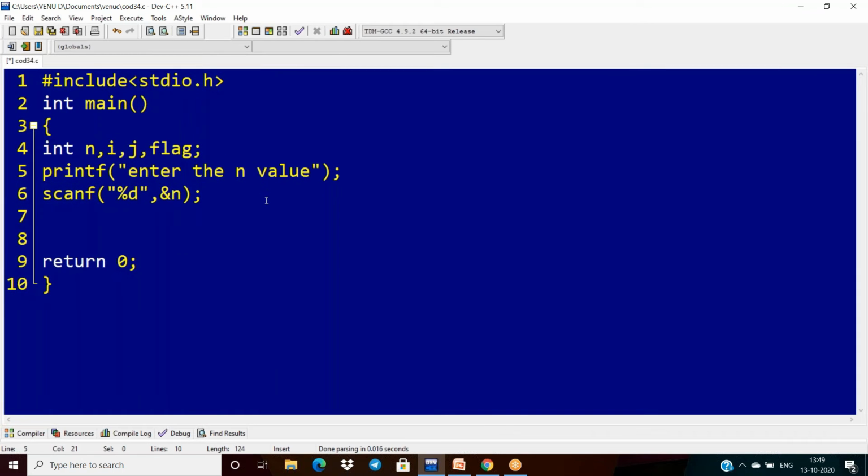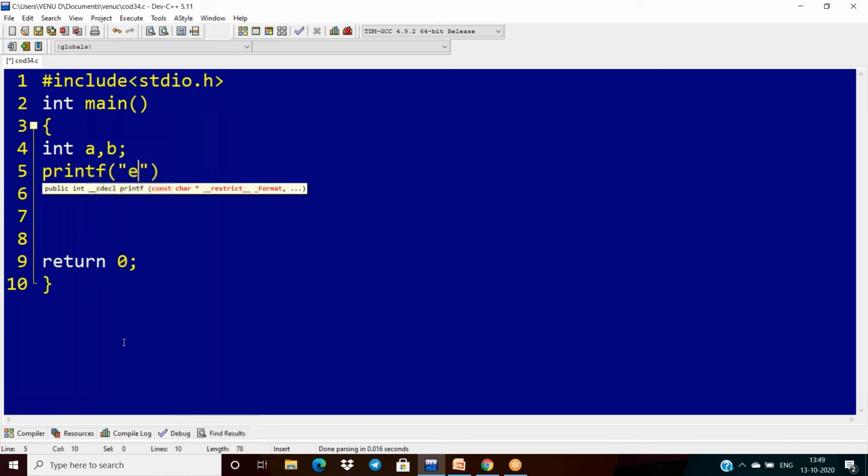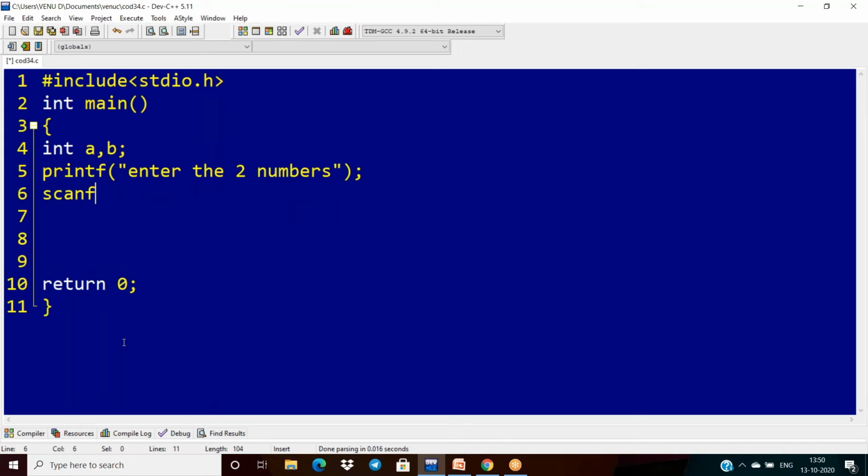Generally for the LCM and HCF of two numbers, how many inputs do I require here? Two inputs. So I have to read the two inputs. I am taking A and B. So first of all, read the two numbers. Printf, enter the two numbers. Okay, next, read the two numbers. After reading the two numbers,